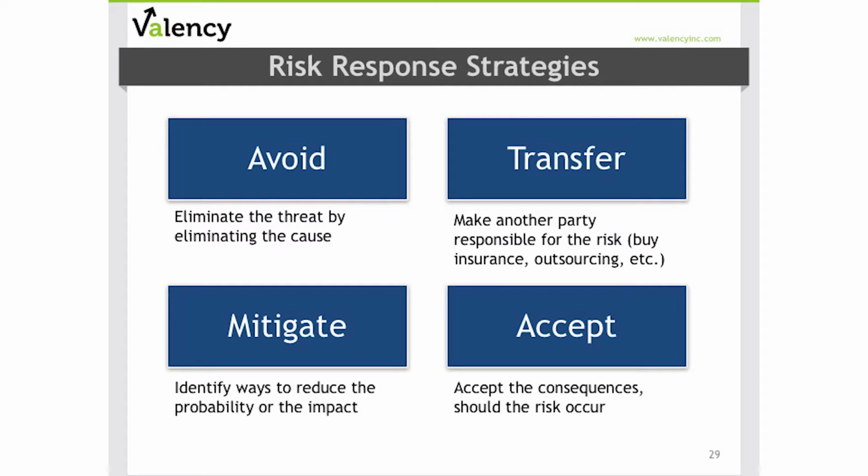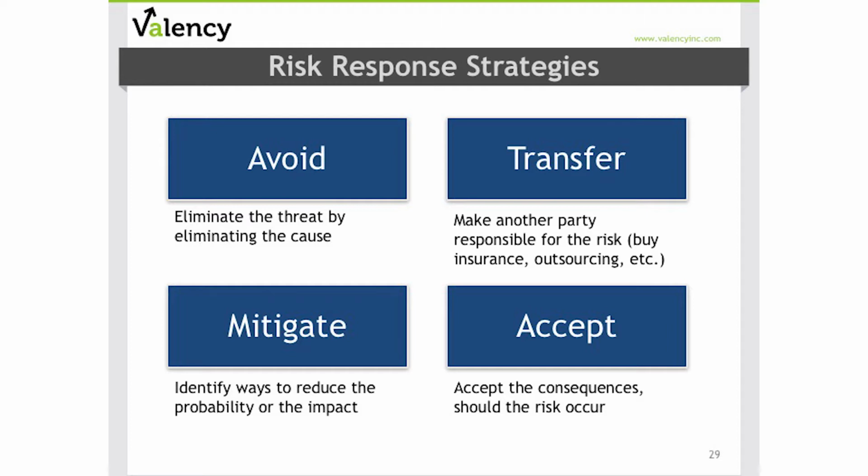There are four main strategies when it comes to developing risk responses. The first one is avoid, and this is any strategy that we can take that will ensure that the risk has no effect on the project. It normally has to be done pretty early in the project. The second strategy is to transfer, and in this strategy, we can transfer risk to another party that should be better positioned to address the risk. Some of the examples would include insurance and outsourcing to a better party that can handle that risk.